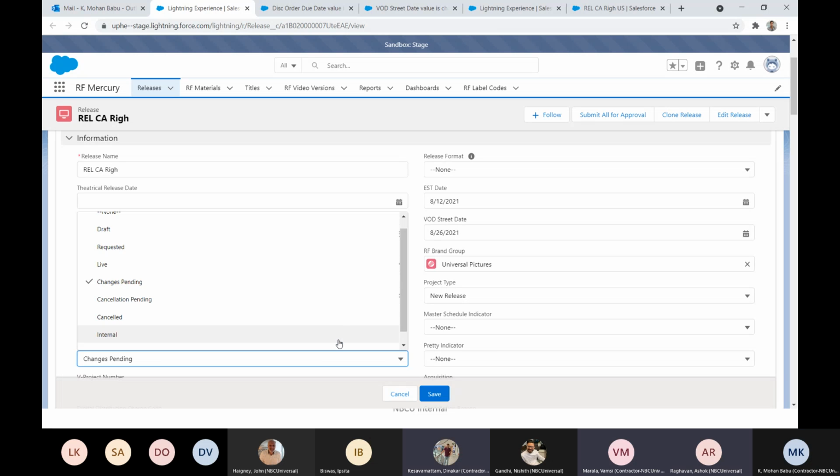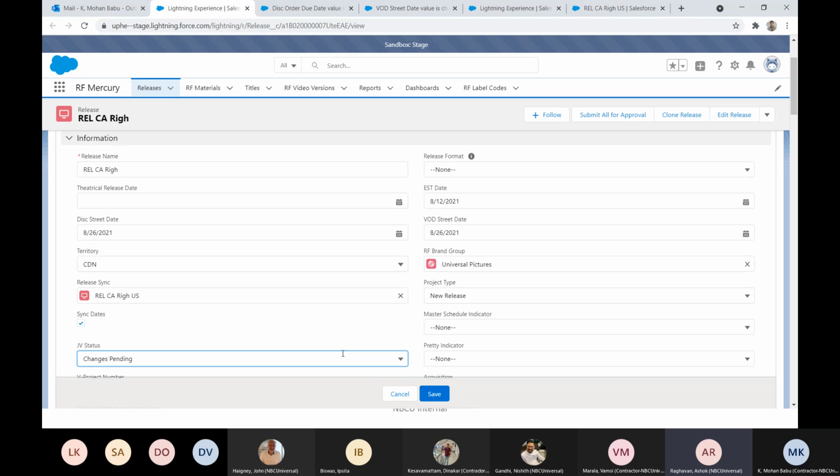Okay. So there is nothing called an internal universal-only release. What that means, if you remember the wording I used, the joint venture is only for the releases that are physical, only for the physical ship, the fulfillment.